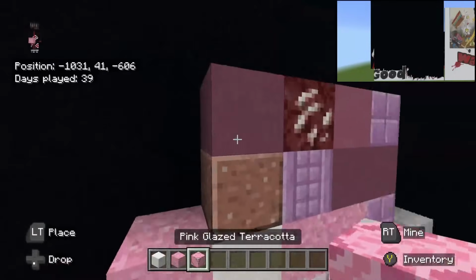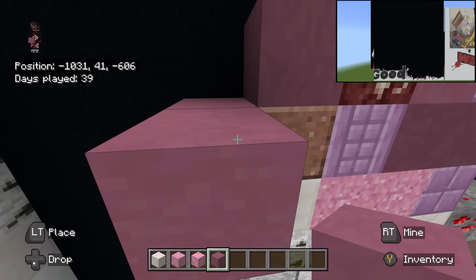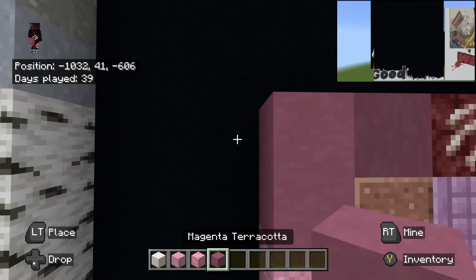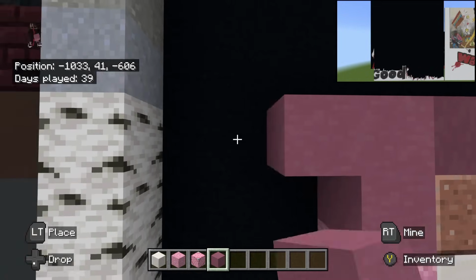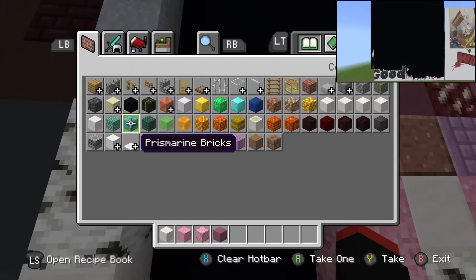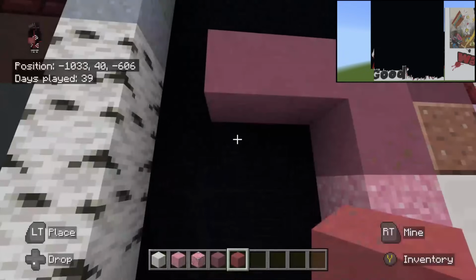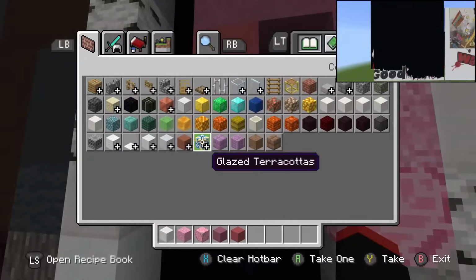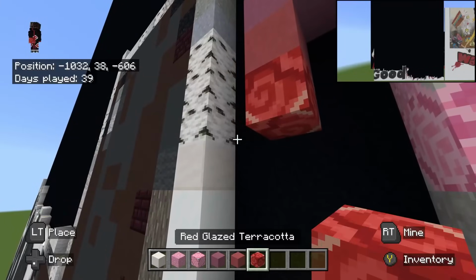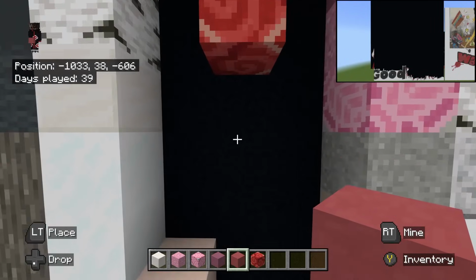On top of the pink concrete powder, we'll place magenta terracotta going up 2. And then to the left of that top magenta terracotta, we'll place magenta terracotta going to the left 2. Underneath the left magenta terracotta, we'll place pink terracotta. And then underneath the pink terracotta, we'll place red glazed terracotta. Underneath the red glazed terracotta, we'll place pink terracotta going